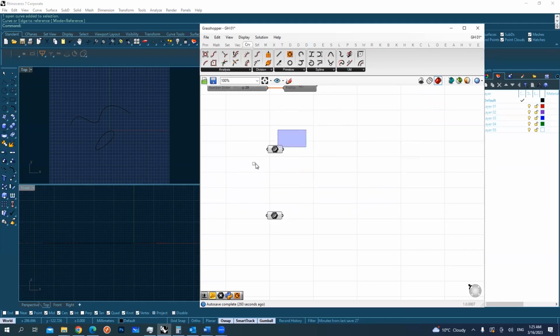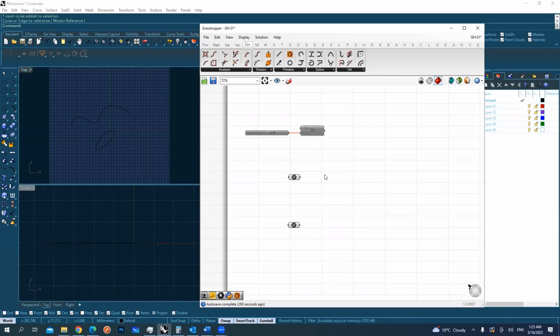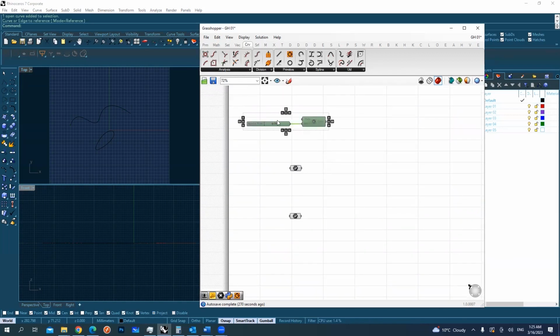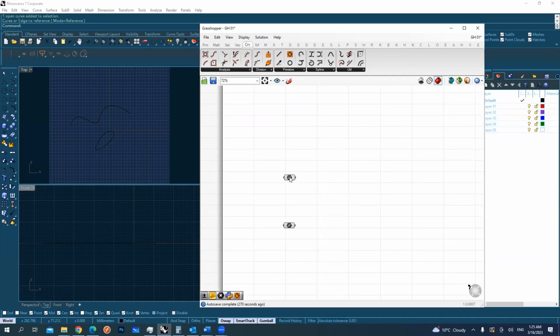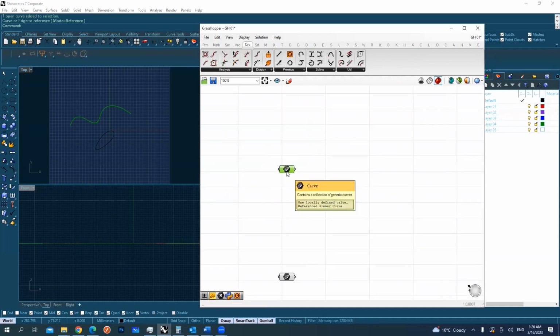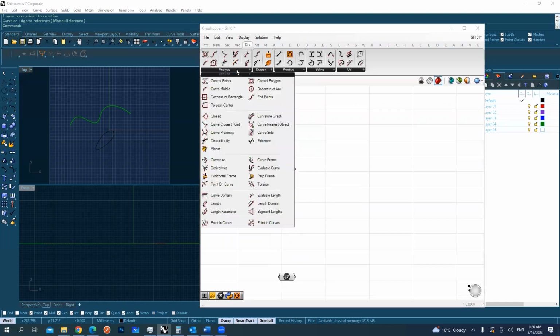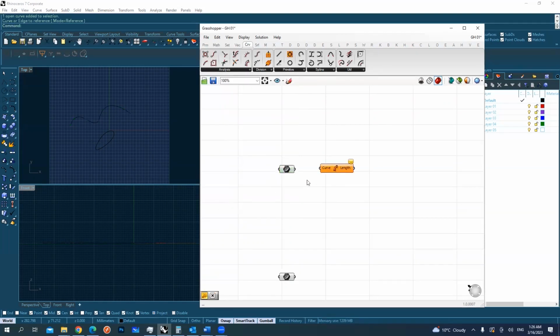Since we have already created these curves, we will work with them. So I'm going to delete the previous one, so I have better space here. We will start with this curve that we have, and we'll go to analysis. I will start with the very basic thing, which is the length here. Okay. So if I just click the length and I link my curve,